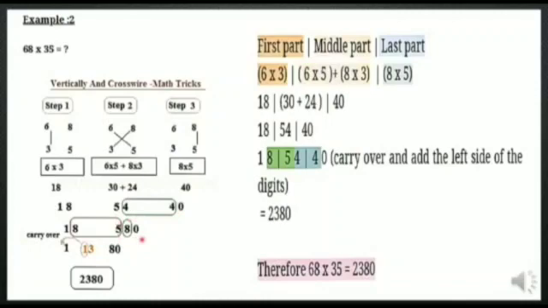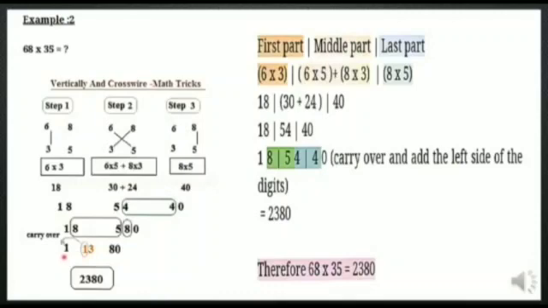Now what will you do? Now you will see step 1 and step 2. For step 1, you will take the number 8, and from step 2, you will take the number 5. And you will add these two numbers, 8 and 5, and you will get 13. Again, you have not got the result as a single digit number. You have a 2-digit number. So what you will do is add this 1 carry to step 1.